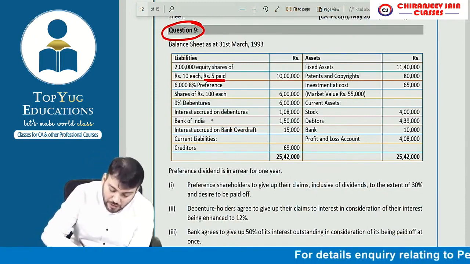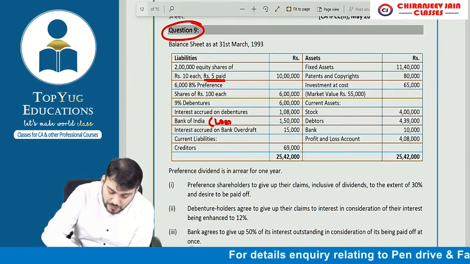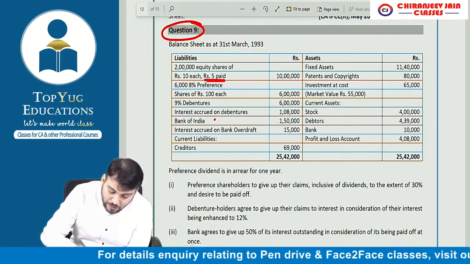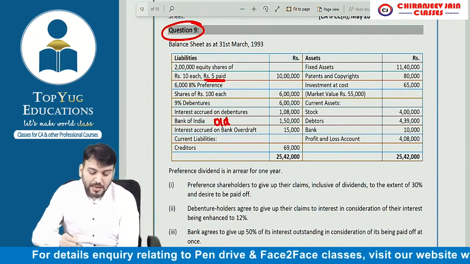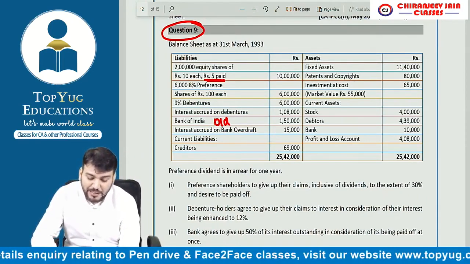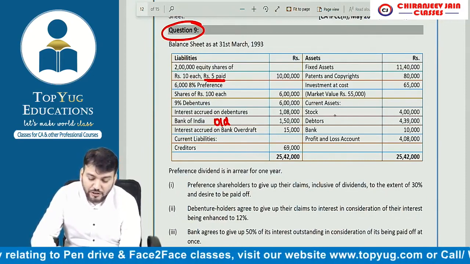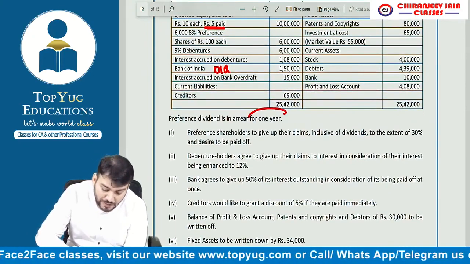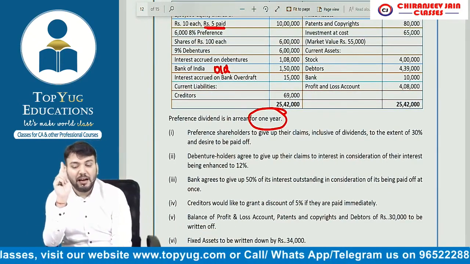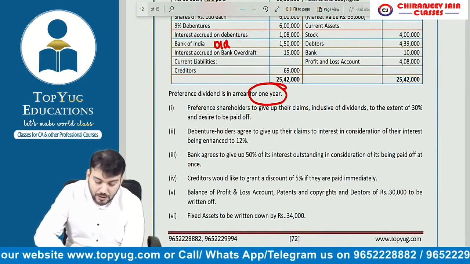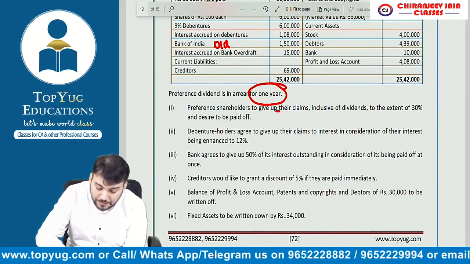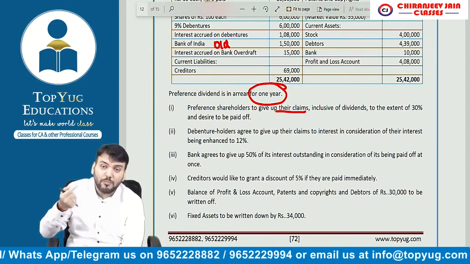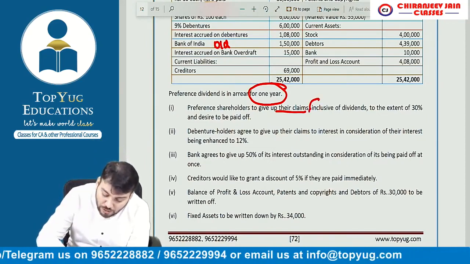Bank of India means this is a loan, yes sir. Interest accrued on bank overdraft, so this is bank overdraft, OD, correct. And current liabilities, creditors. Fixed assets, patent and copyright, investment, current assets, stock, debtors, bank, P&L account, correct? Yes sir. Preference dividend is in arrears for 1 year. For how many years is the preference dividend in arrears? 1 year, okay sir. Preference shareholders to give up their claim. Whenever they say preference shareholders to give up their claim, it is always inclusive of preference dividend. So it will be, even though the question has not mentioned